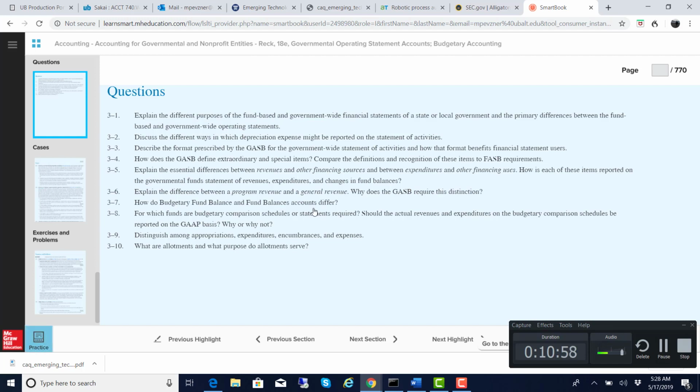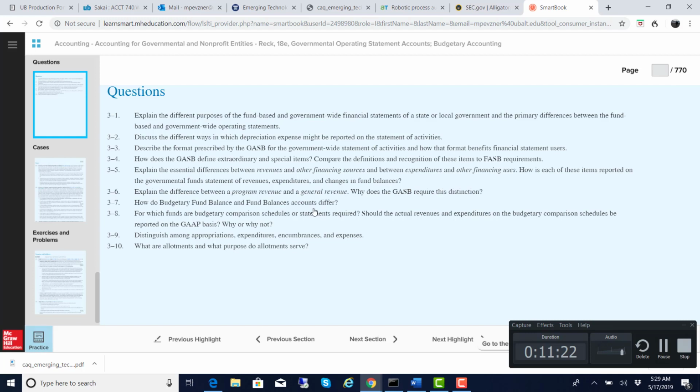Page 75 gives a definition. Revenue is defined as an increase in fund financial resources other than from financing sources such as interfund transfers or debt issue proceeds. So that basically tells you that transfers into the fund, proceeds of debt issues, and sales of government assets are examples of inflows classified as other financing sources of the fund.